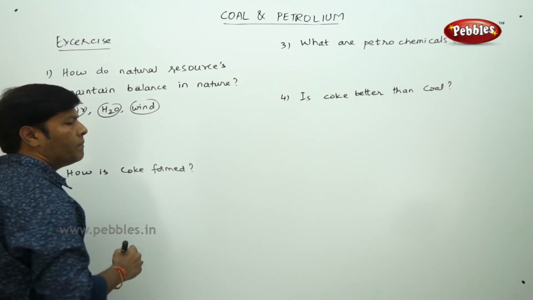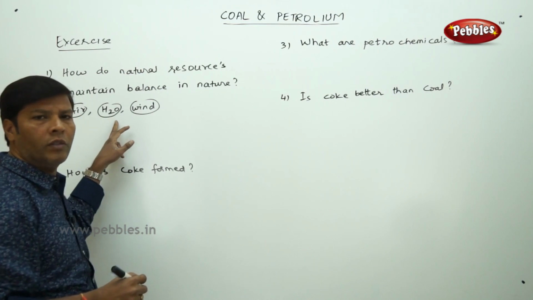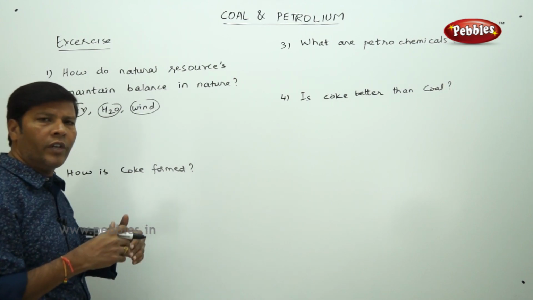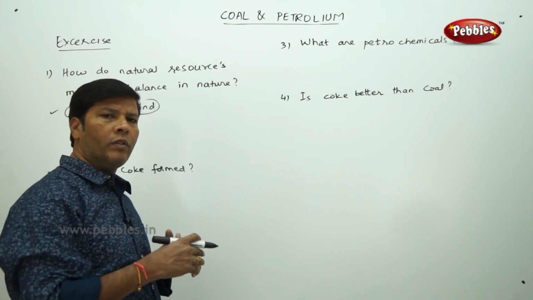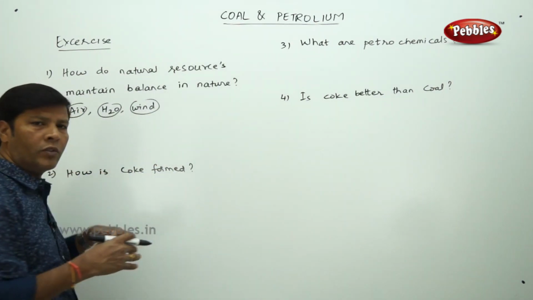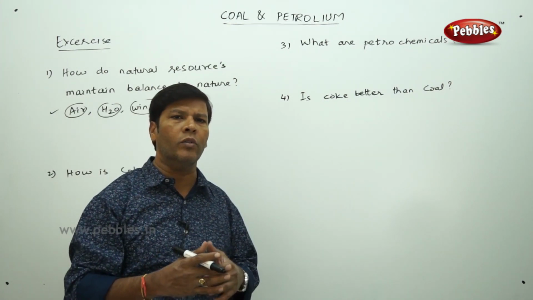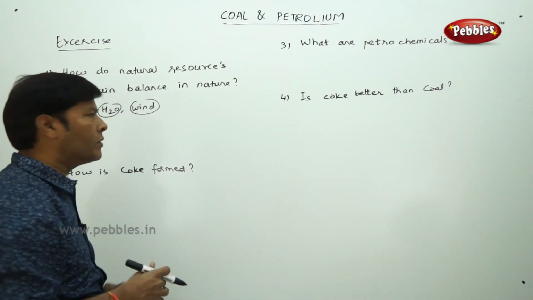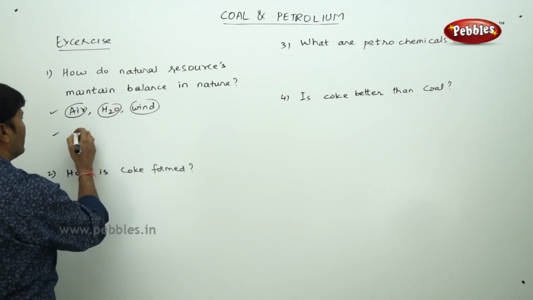One thing you have to understand is, this air, water and wind, they are interdependent on each other. Air is not responsible for the formation of water, and water is not responsible for the formation of wind. The amount of energy generated by the wind has its own mechanism, and the formation of water in different zones has its own mechanism, and also the movement of air particles from one area to another is interdependent. That means these 3 sources are interdependent in their ability to form by themselves. So the main reason we have to write here is, all the natural resources are